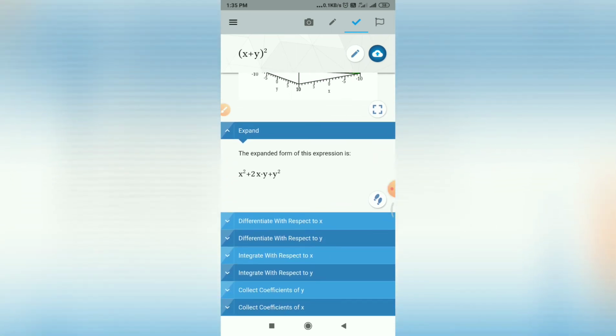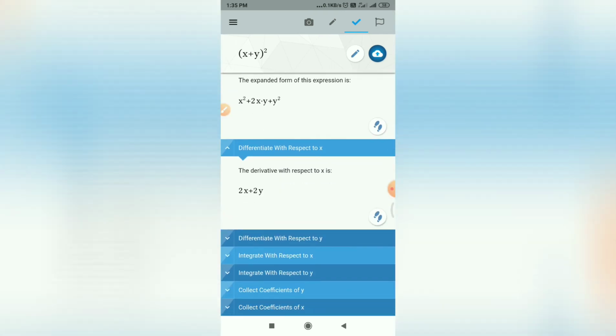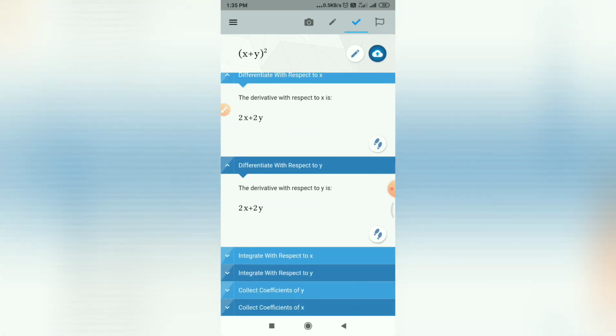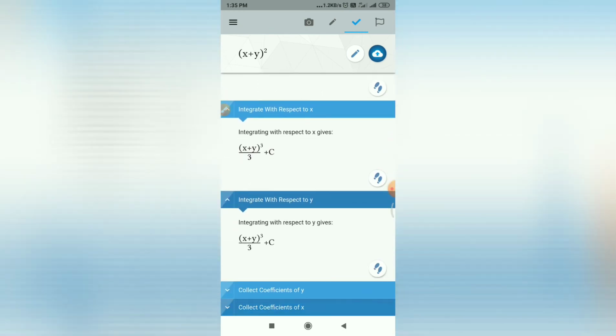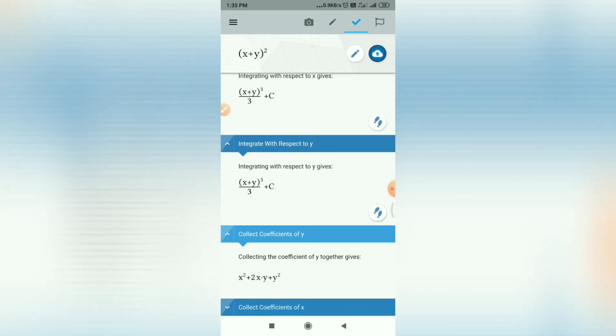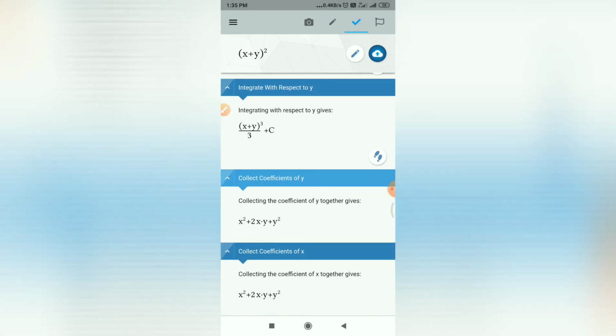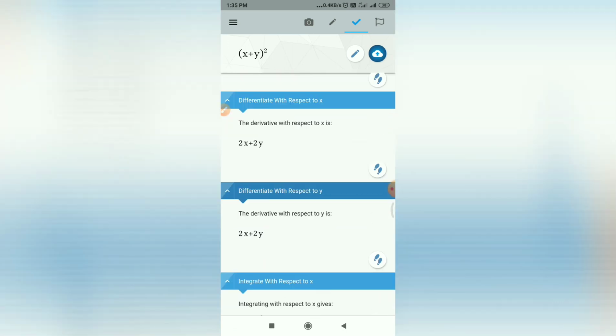Next we can see differentiating the above equation with respect to x, differentiating with respect to y, integration with respect to x, integration with respect to y, coefficient of y, coefficient of x. Now I can view detailed steps as well.